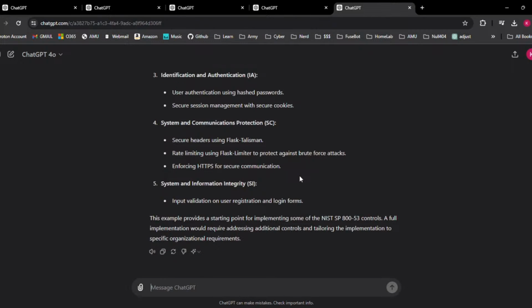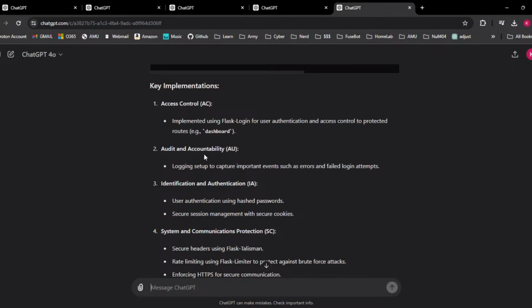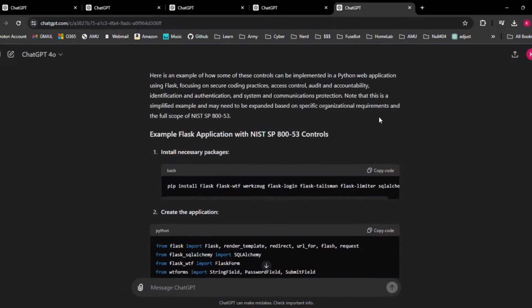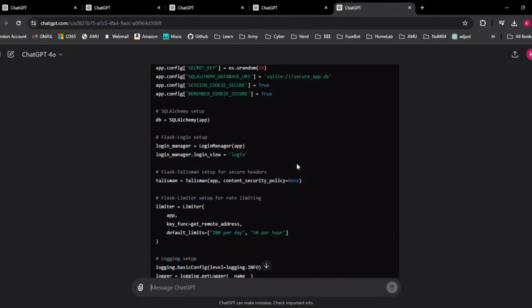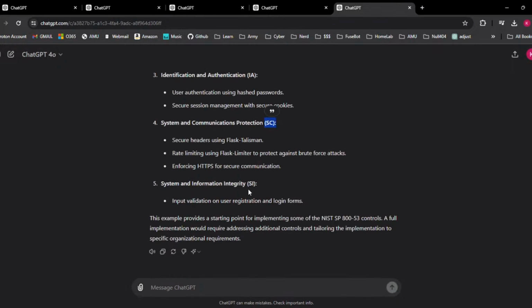So, as it gave me a cybersecurity outline of how to build this Kubernetes home lab with all these different services running, with VLANs being established, it made a lot of sense for me. And so using it for stuff like that to give me a base has been super important for me. And if you cared enough about, hey, I want to use 800-53 as my base, you can just add it, say implement the required controls, and it talks about the key implementations for each of the different domains within 800-53.